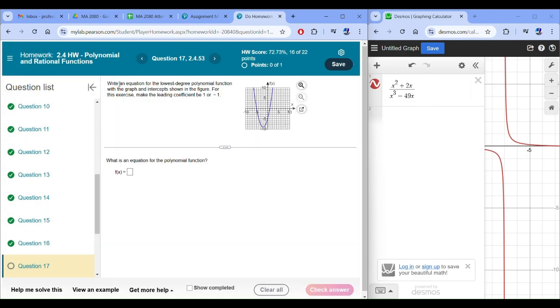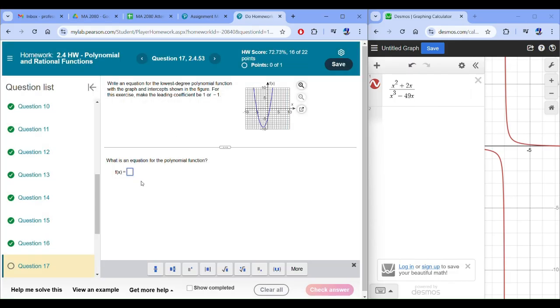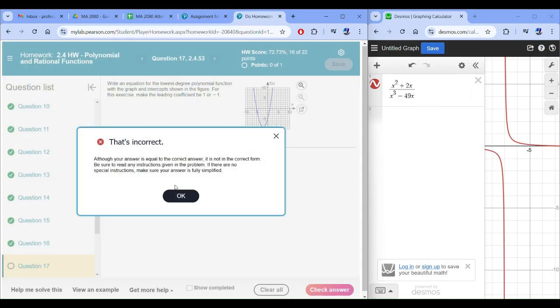Okay, so write the equation of the lowest degree here. Oh, so what's this? This is just going to be negative 9, 1, 2, 3, 4, 5. So that's 1, 2, plus 2 minus 9. So y equals x plus 2 squared minus 9. Well, your answer is correct. It's not the correct form. Be sure to